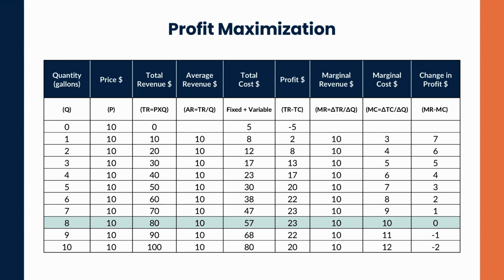Obviously, at that last unit, the marginal revenue and the marginal cost are equal to each other. That's our indifference point. We assume we go through with the production at the indifference point. But we want to stop here. We don't want to go any further than this, because if we do, our marginal profit, or our change in profit, is going to be negative, and it's going to start to eat away at our overall profits. So again, these are the books for a firm in perfect competition, showing you where they maximize their profits.